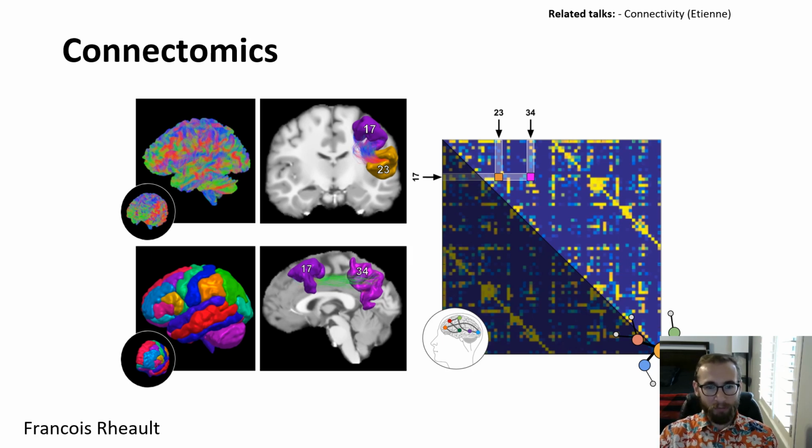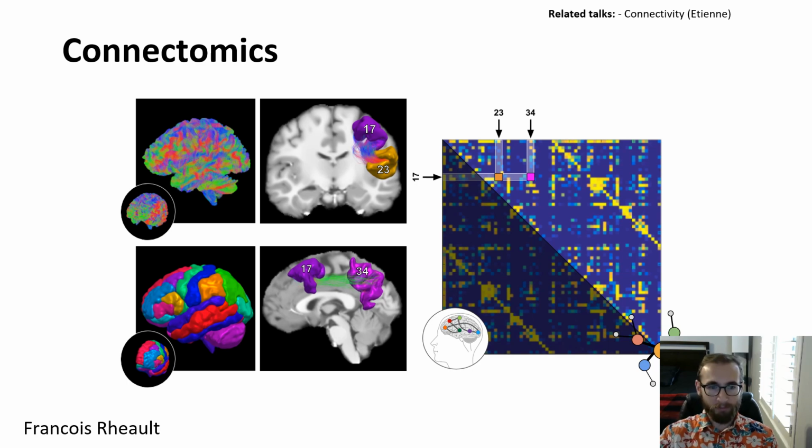And once you have this information, you can put it into a simplified representation, which we call a connectivity matrix, that basically summarizes this whole tractogram and this parcellation into a 2D array with values in it that count various values. So if you are interested in connectomics, I recommend the talk by Etienne about connectivity. The way you can interpret this, you can compare using correlation, distance between matrices to compare groups. So this is a very interesting approach to